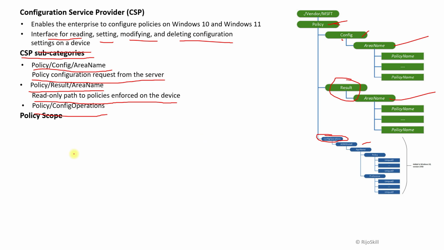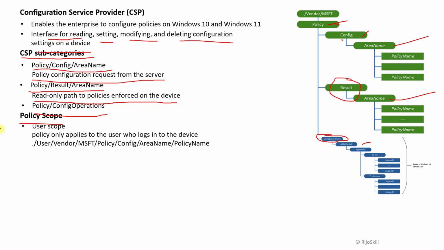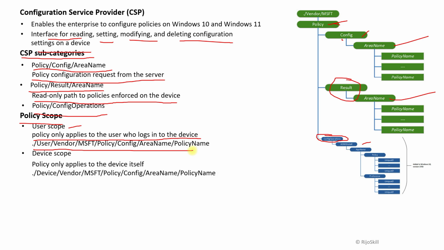Next we will discuss the policy scope, where you can apply this policy. One is the user scope, where the policy only applies to the user who logs into the device. This is one of the OMA-URI examples we will discuss in the next slides. Next is the device scope, where the policy applies to the device itself. Whatever device you are using, you apply it to the device, and all the users will get that